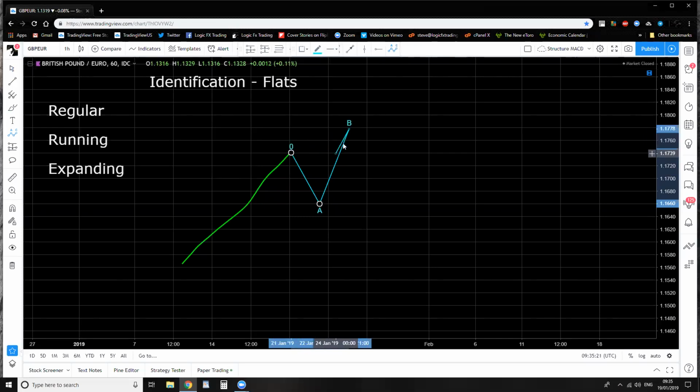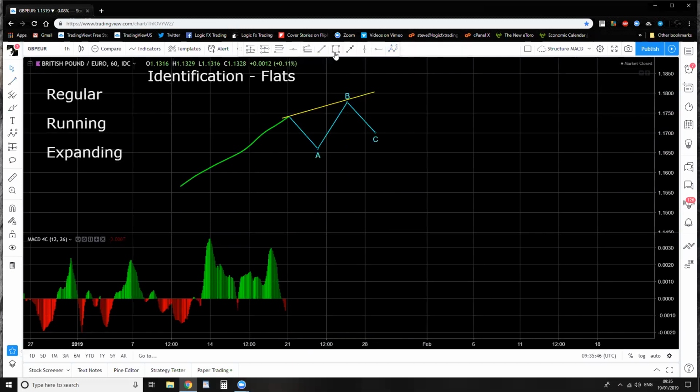Not just a little bit, guys, but a half decent amount. And that's all we'll say at the moment. We'll get into it more when we're looking at interpretation and things like that. But this time, instead of the C coming down and breaking A, it only comes to there. In other words, if you take that, and that, and you use a trend line,